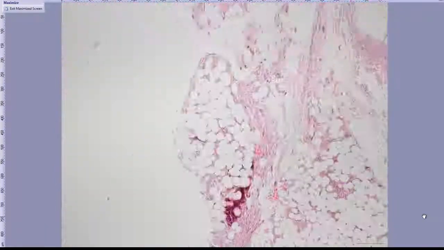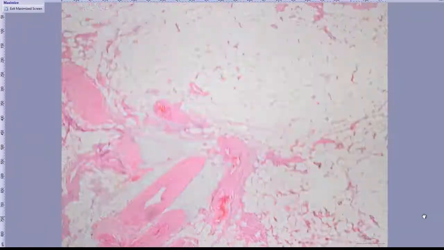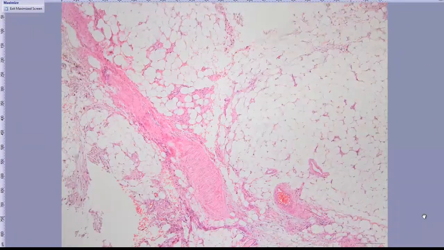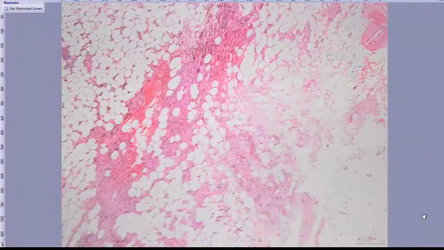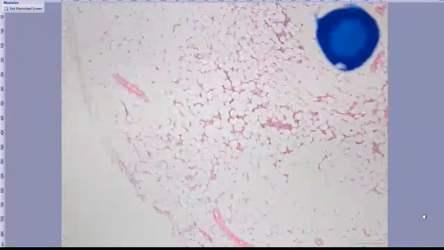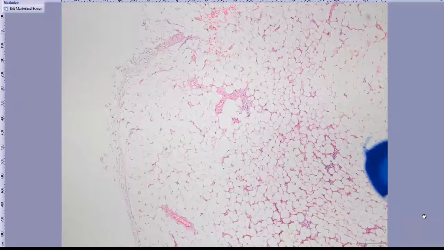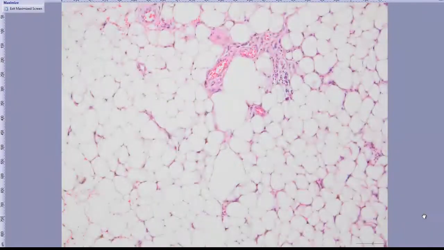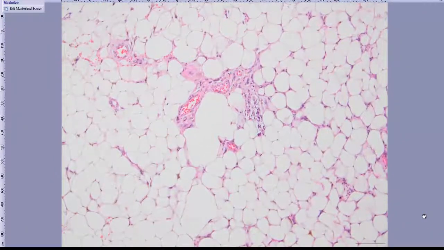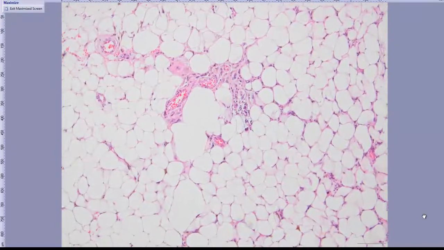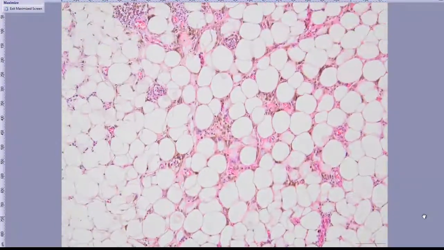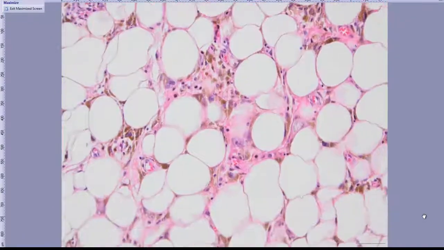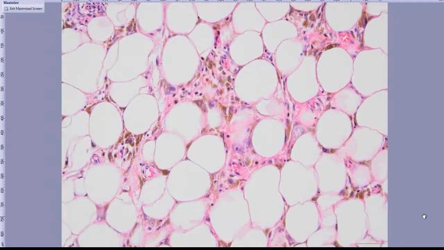And actually this is the whole lesion, and when we go to high power field, we see some vessels with inflammatory change, and here hemosiderin